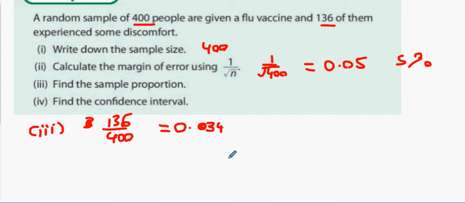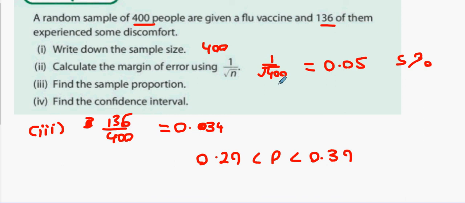So what do you get? 0.29 less than P less than 0.39, is it? Yeah. Happy enough with that? Now, first thing I'm going to ask you is,